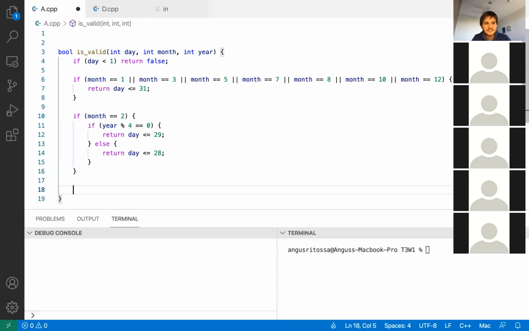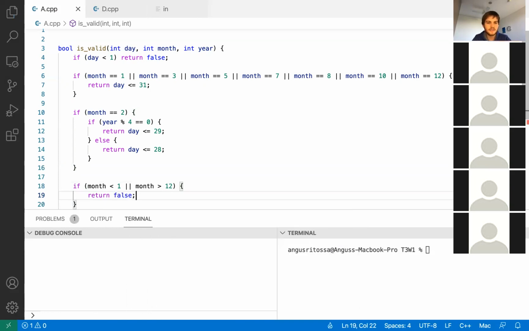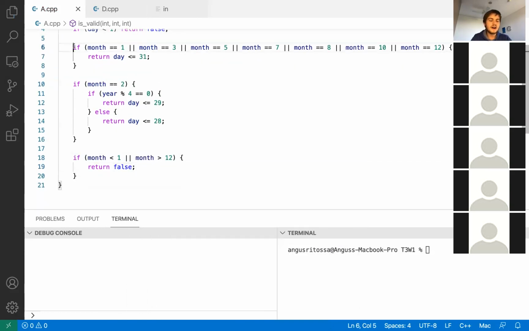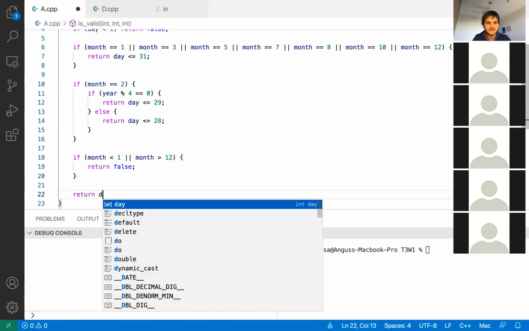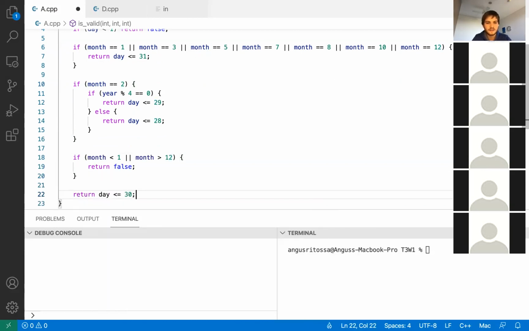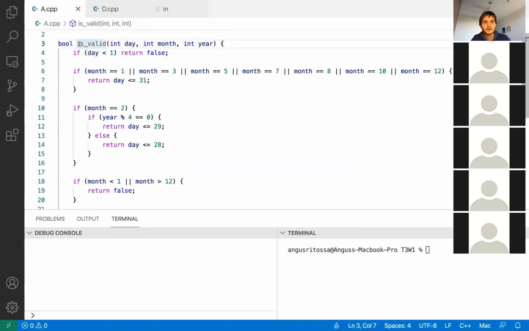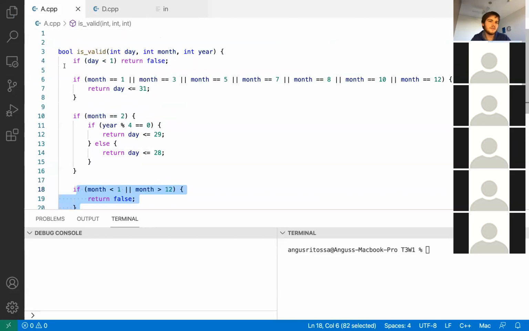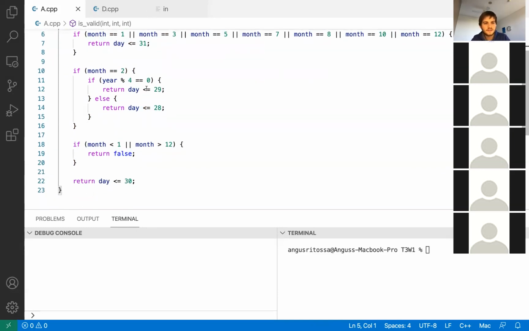Finally, the month has to be, well, what are the remaining months? If the month is less than 1 or the month is bigger than 12, again, we have an illegal month. Finally, if none of these conditions are true, that means the month must be an odd number month or an even number month that isn't February, at which point we just want to check if the day is less than or equal to 30. So we're correct in that a dates library would work to do this function here. But either way, we have this other method of doing it, just a quick function that returns whether the day, month, year is valid or not.